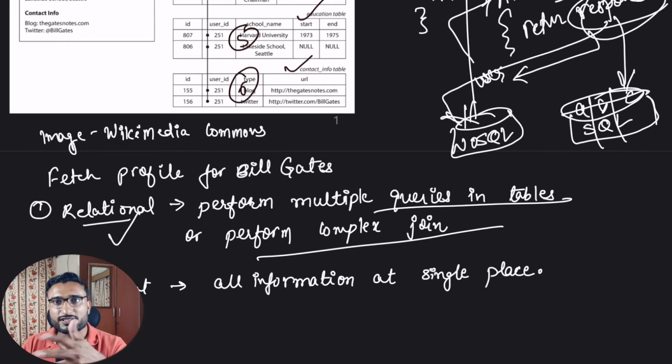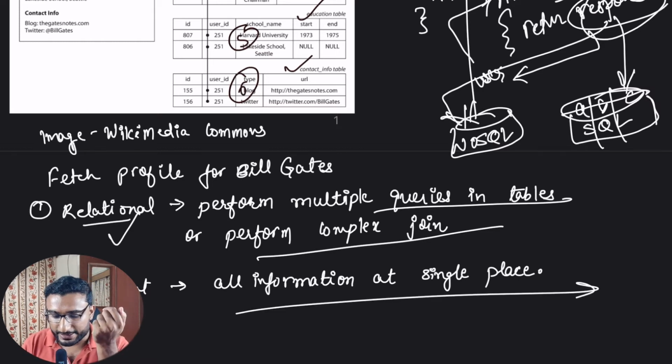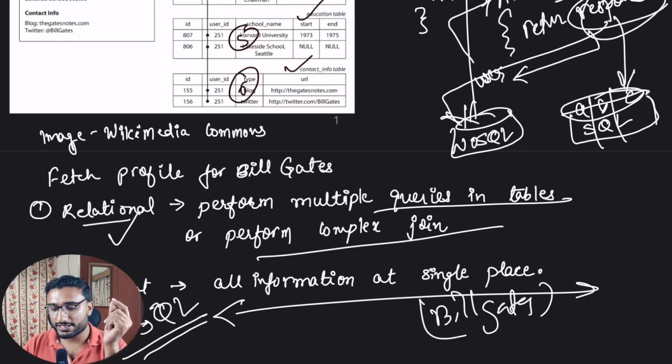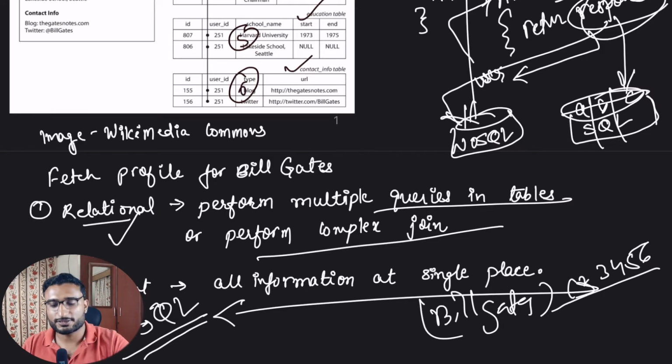The joins are specifically supported by SQL databases because we have that assumption that we will maintain relations, and according to the relations we will fetch the data performing the joins. Okay, inner join, left join, right join, all those things. And in case of document database, your NoSQL database, you will have all this information present in a single place. So query directly, the user ID is Bill Gates', okay, this is your user ID 1234, so you will go to the database directly with this user ID and get all the details. The whole profile came, displayed, work done. Okay, so